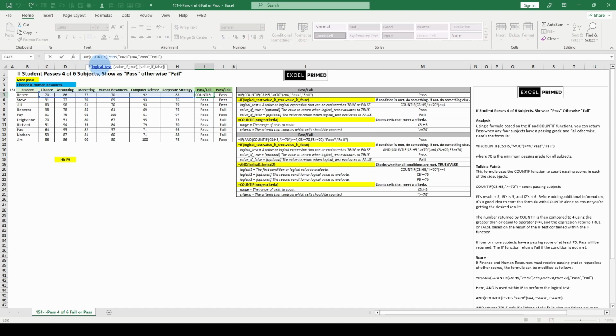Well, let's look. A logical test. Because we're using an IF, we have to put it's either this or that. Well, it either passes or it fails. That's the IF statement. They're fun. They're simple. Okay, now in terms of COUNTIF, what is it? Well, our range. We're going